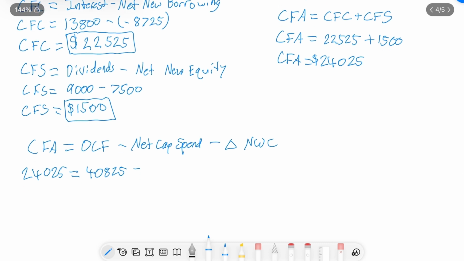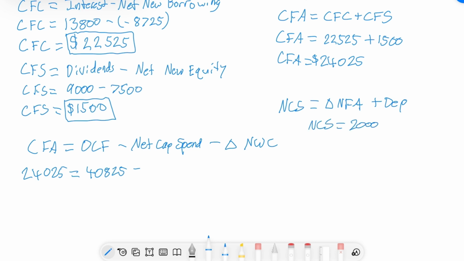Net capital spending equals change in net fixed assets plus depreciation, which is $20,000 plus $9,000, and that is going to be $29,000. So we've got minus $29,000